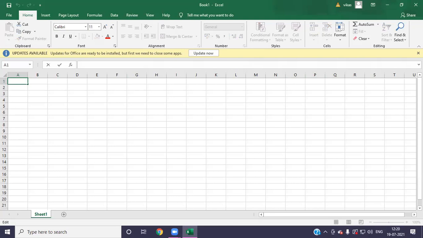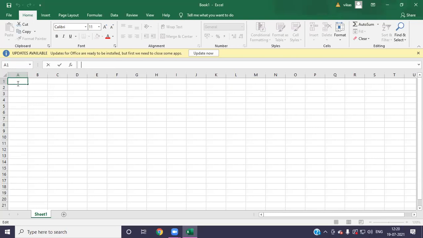By default, in the new version, there is only one sheet, that is Sheet1. Clear? So the workbook opens by default whenever we open Excel, and the workbook consists of worksheets, which are a collection of rows and columns, and also a collection of cells, and the cell is the intersection of row and columns.